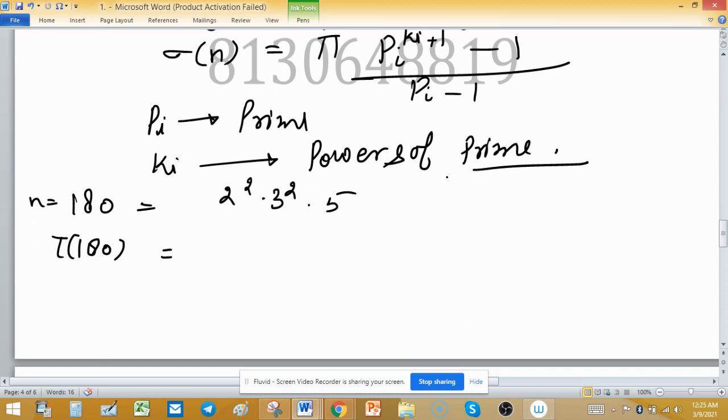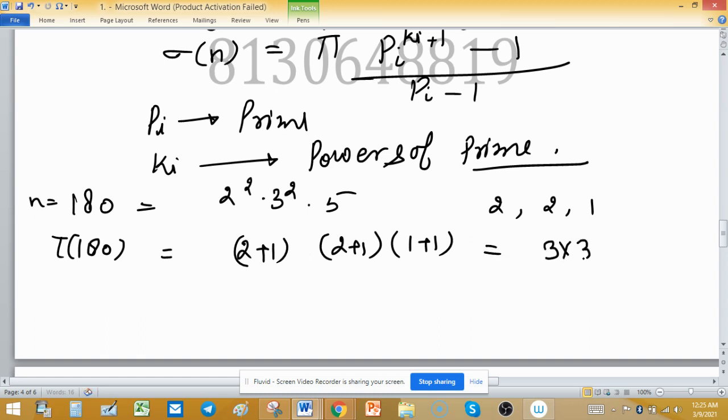So the powers are 2, 2 and 1. The product of these increased by 1 is (2+1)(2+1)(1+1). The answer is 3 into 3 into 2, which is 18. And sigma of n, or sigma of 180, you can write here,